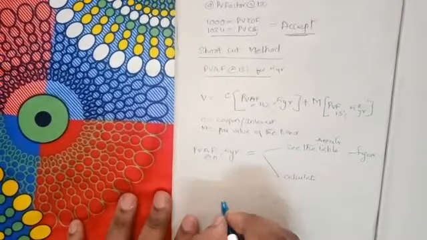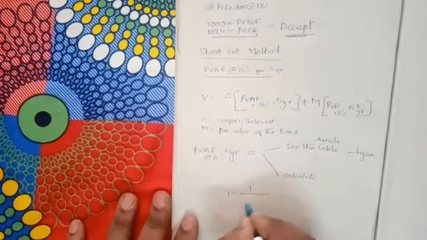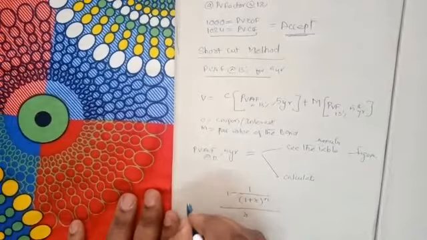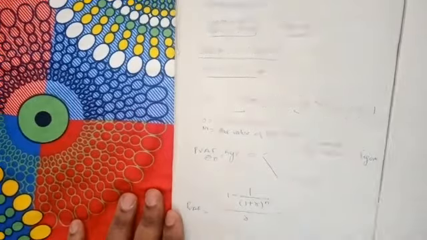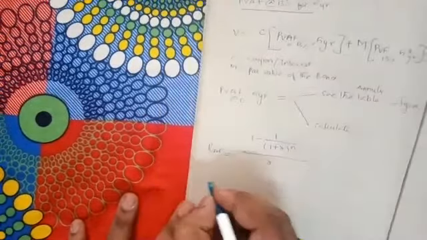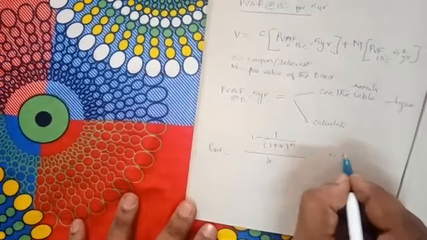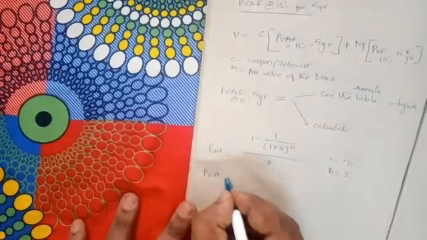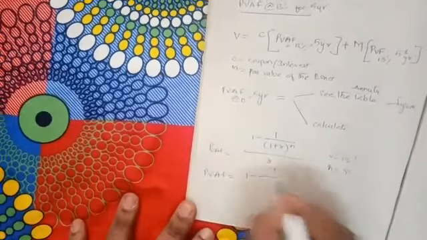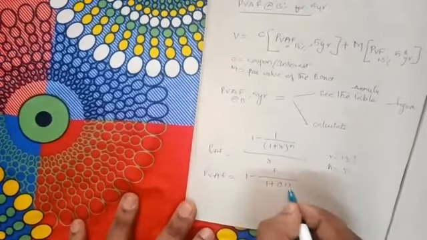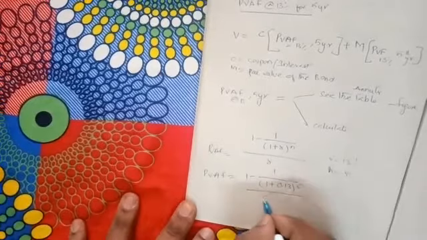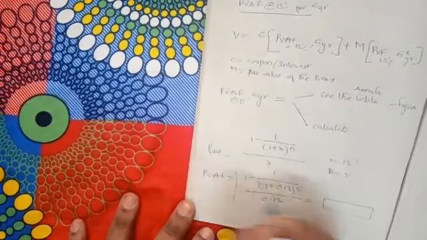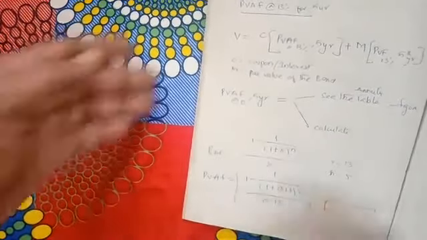The formula is 1 minus 1 divided by (1 plus r) to the power of n, whole divided by r. This we call PVAF. Here r will be 13% and n will be 5 years. So PVAF is equal to 1 minus 1 divided by (1 plus 0.13) to the power of 5, whole divided by 0.13. You will get an annuity factor here. Can anyone please simplify and tell me what the annuity factor is?